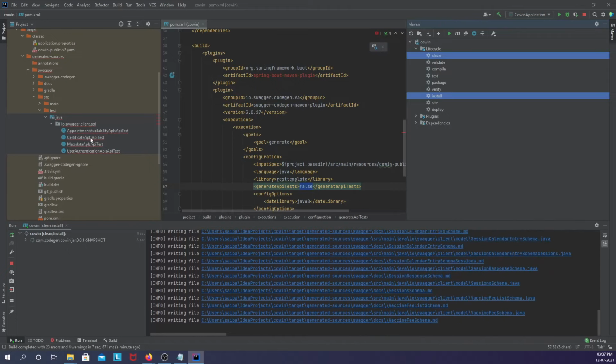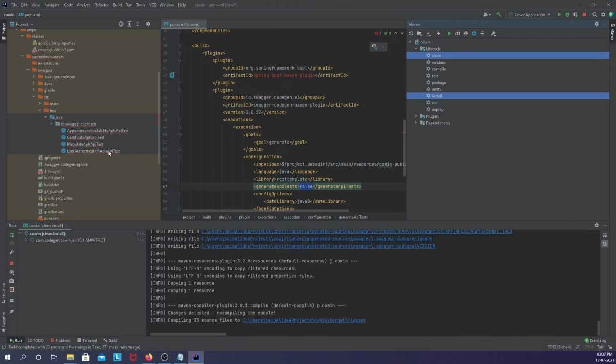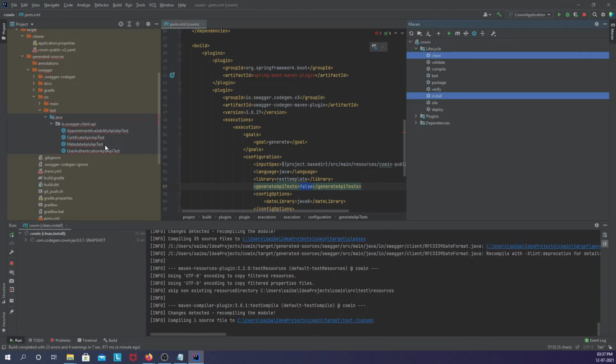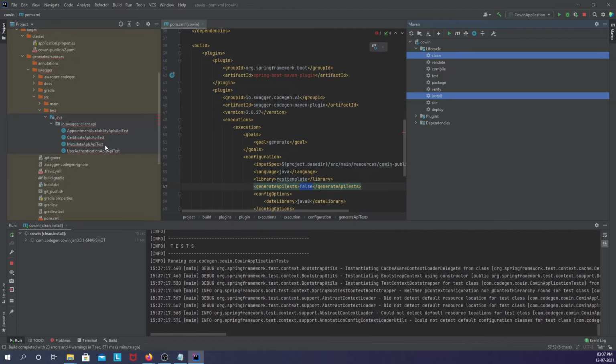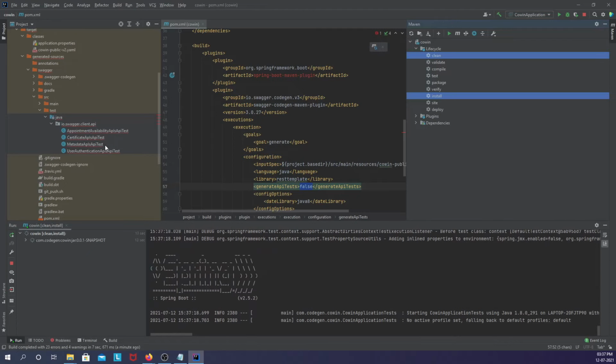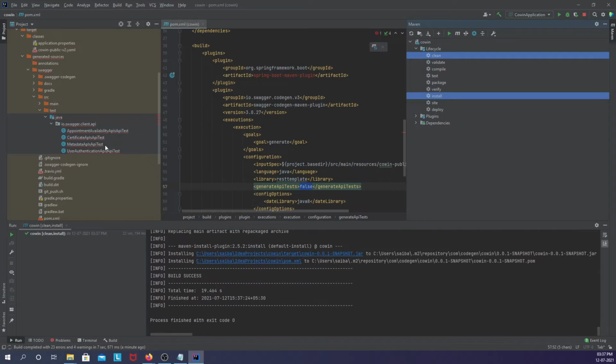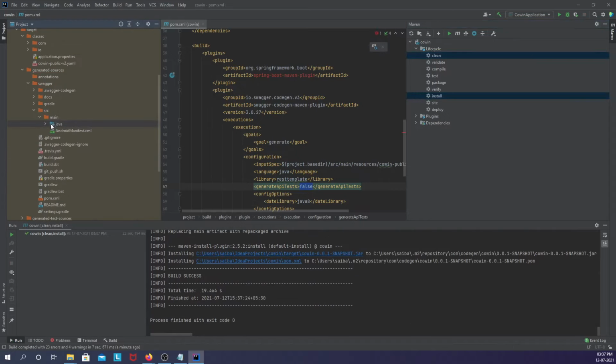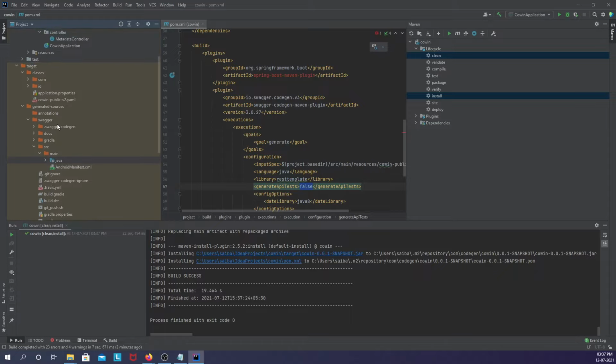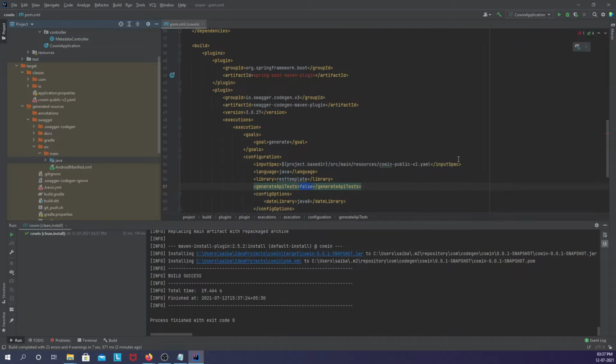This time these automatically generated test classes will not be generated because we have set it to not generate. Okay, now the build is successful. If I look, there is no test package under the generated sources within Swagger. Okay, now we are good to go. Let me start the application again.